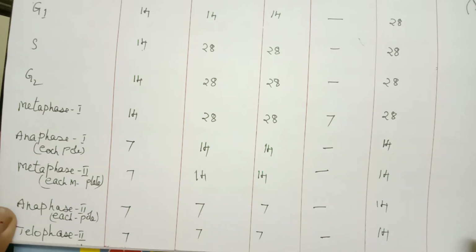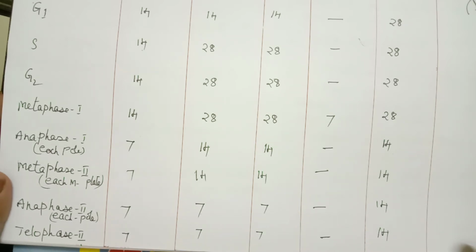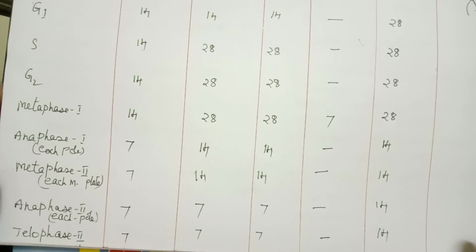So this is what we can give as the number of chromosomes, chromatids, bivalents and DNA at different stages. If you understand this, you have understood the topic very thoroughly. To understand this table, first learn the process, meiosis 1 and meiosis 2. Once you have thoroughly followed that, this table will be very clear to you.